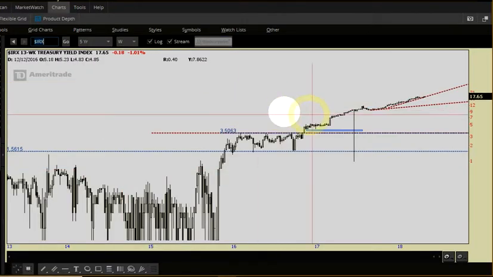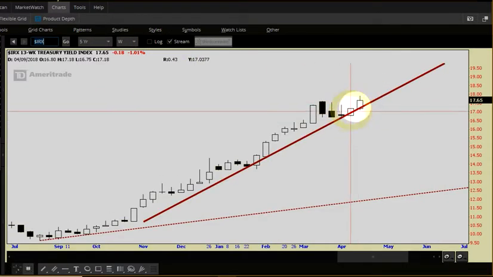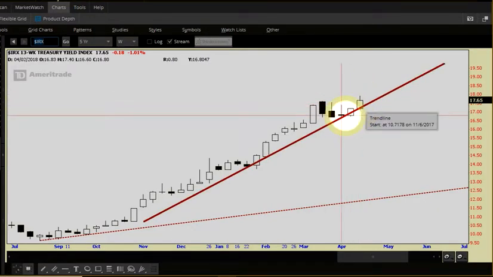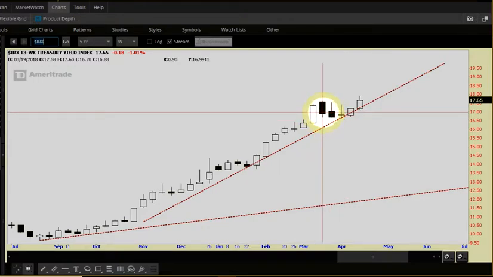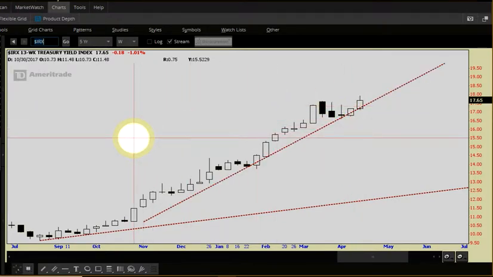Let's look at the 13-week Treasury. Let's take it off log, and you can see this past week, actually the past 2 weeks, we've been riding up higher and higher. So this is just going to keep getting bigger. Now there's a lot of talk about what they call the cable, which is the 210 spread. That's just the difference in the yields between the 10-year and the 2-year. It's a pretty important gap in that interest rate, because that's the arbitrage that banks